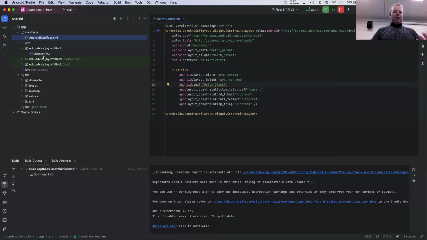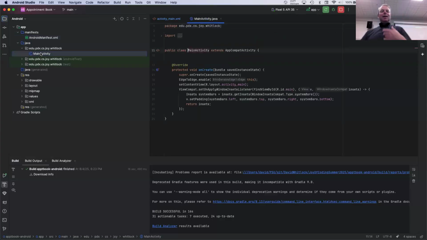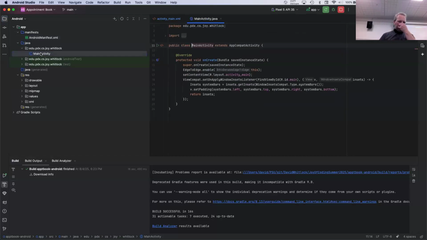We won't really pay attention to that. It's here in my package. I've got something called main activity. Now the activity is the Java class that performs the work of the Android application. And so this is where your application logic resides. And essentially what you do in Android applications is that maybe you'll do a little bit of initialization of whatever's being displayed, but then what your code does is respond to how the user interacts with it. When the user clicks a button, when the user